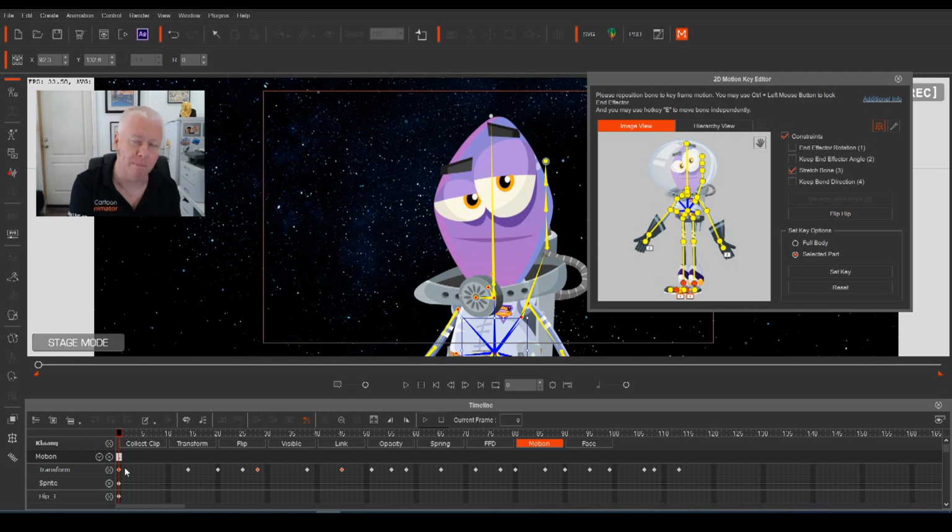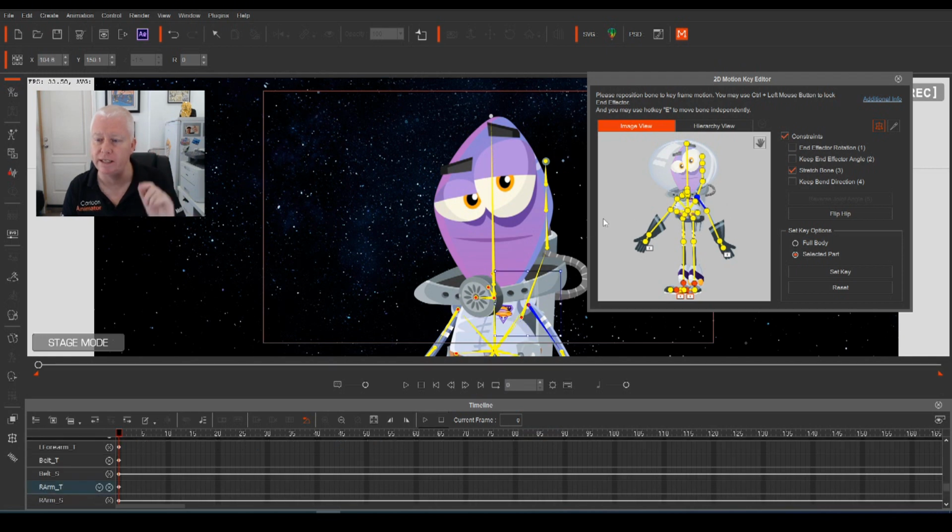Do 100 frames. Come back to frame 1, do just the arms, just the legs. And then if you make a mistake, you can go back and tweak it. Can't beat it for that, I'll tell you. Okay, so let's go back now and we'll do the arms. Now, as I said before, with the arms,